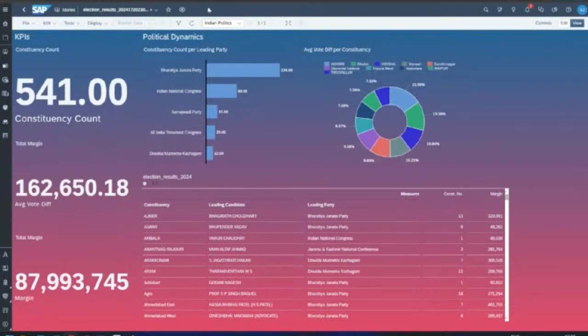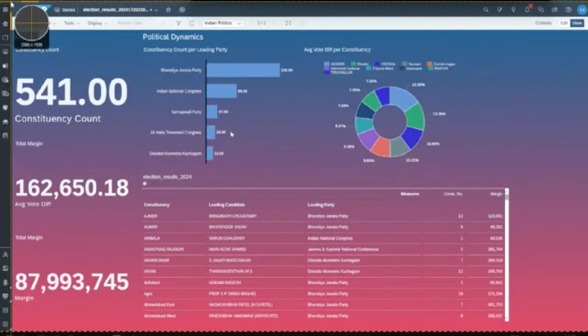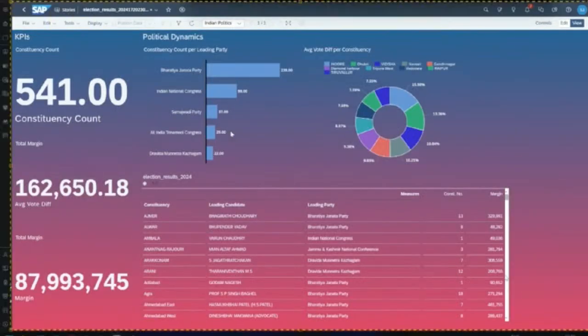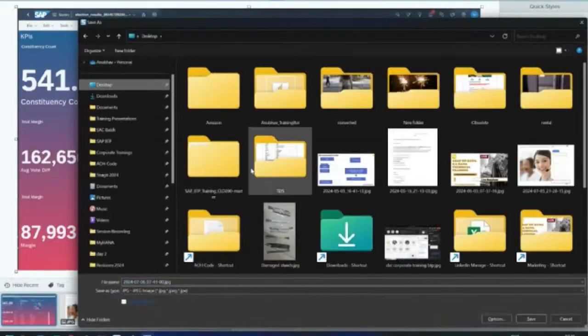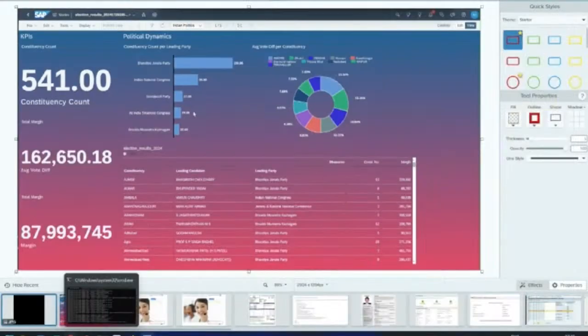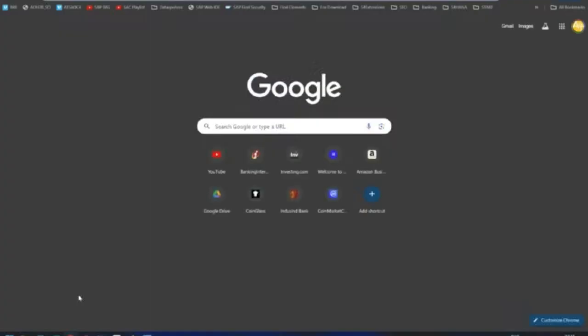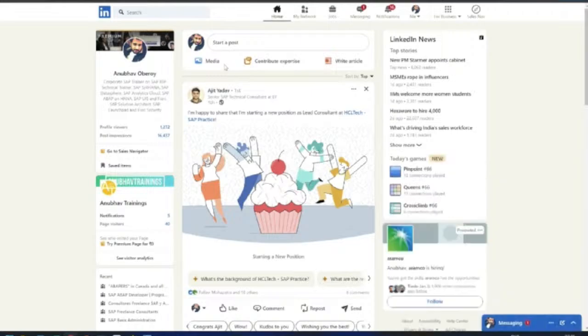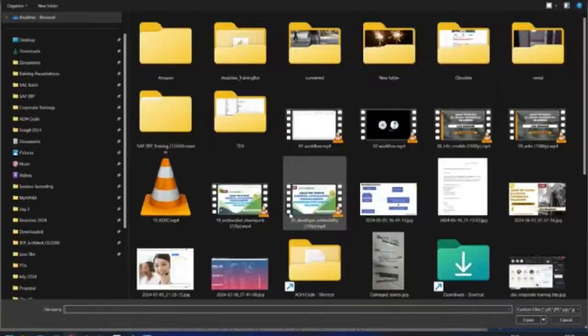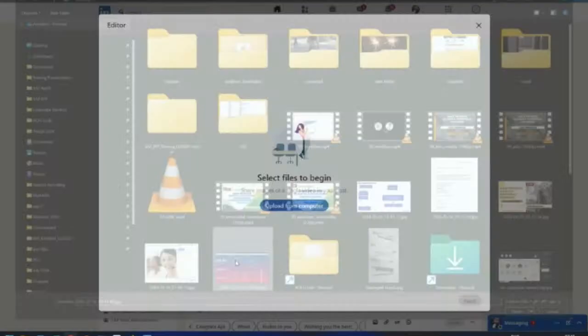Yes, so it is a good opportunity for us now to also take a screenshot of this and perhaps put this on my LinkedIn page. Yes, so that is what I can certainly do. So let me go back to my LinkedIn account and let the whole world and my contacts know about Analytics Cloud. Wow, superb, amazing. Look at that.